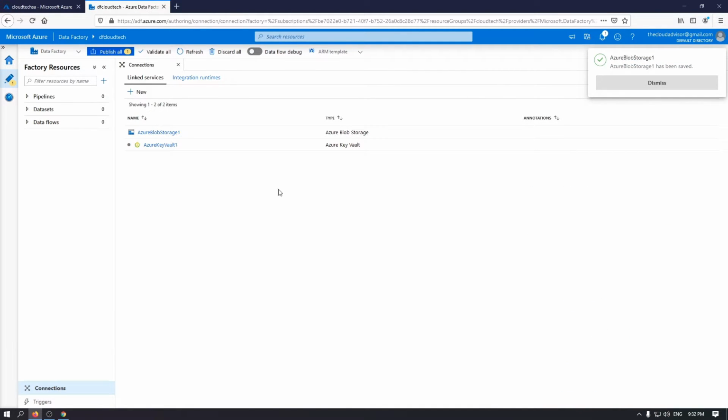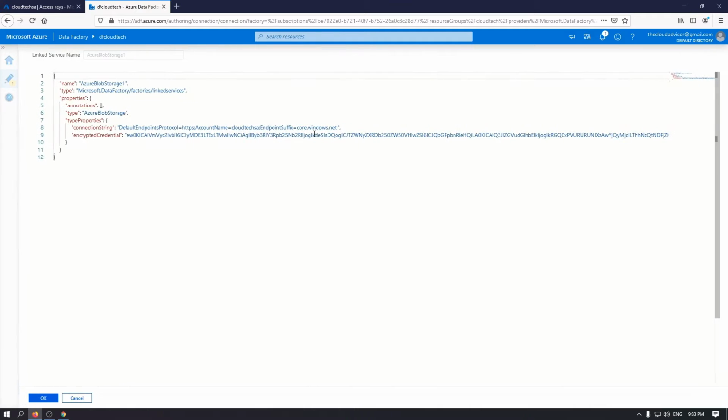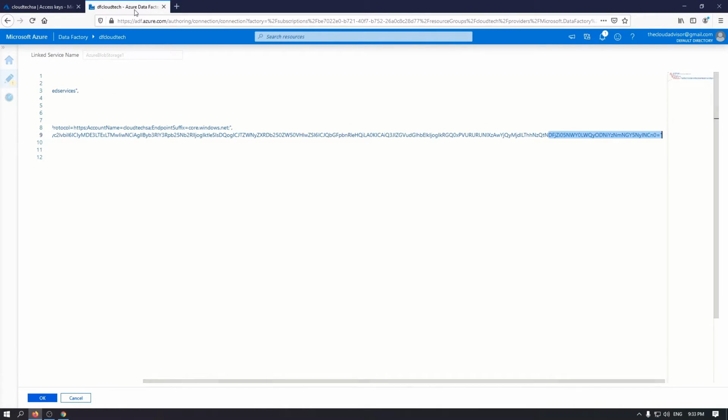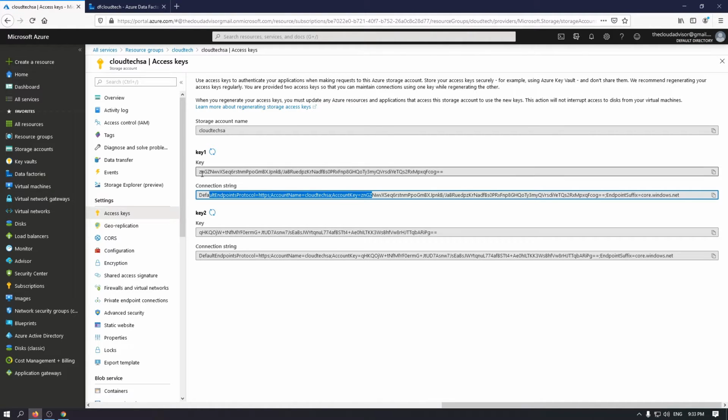Now if you have a look at the syntax, even if you have an encrypted credential, this could be compromised, as I said before, and this is not the best approach to connect to your storage account.